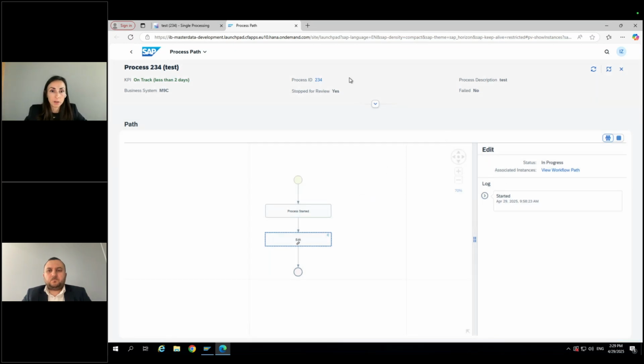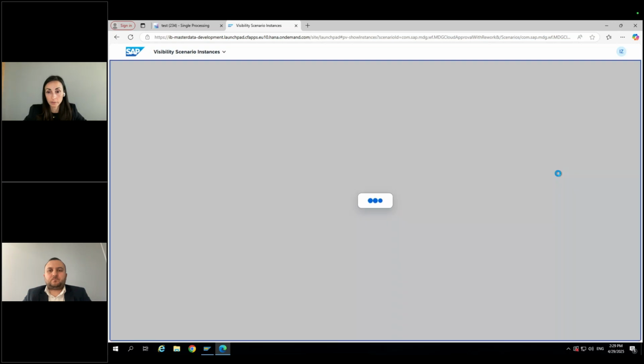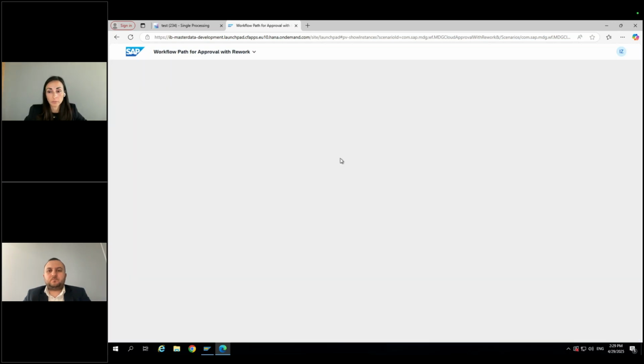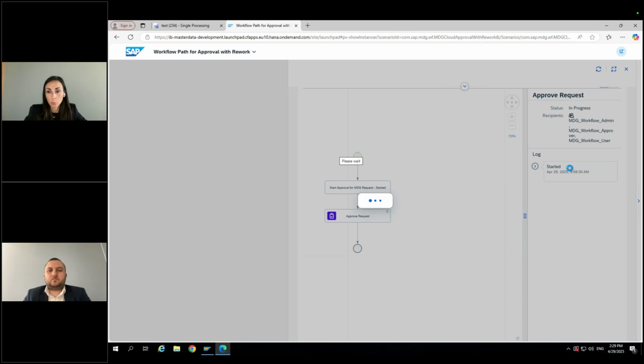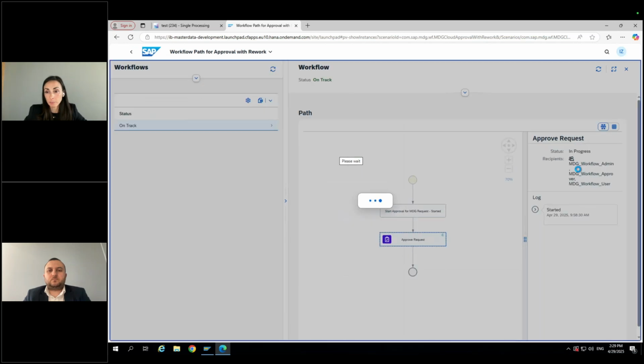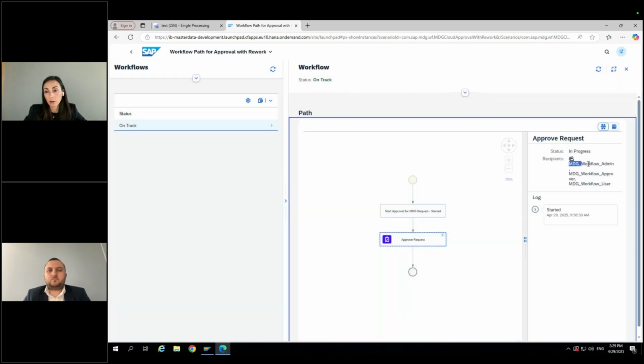And from here, you can see already that the process has been started, that we are on some edit step, but it was stopped. And if we click on view workflow path to the right, we can see those recipients which are available on the next step.